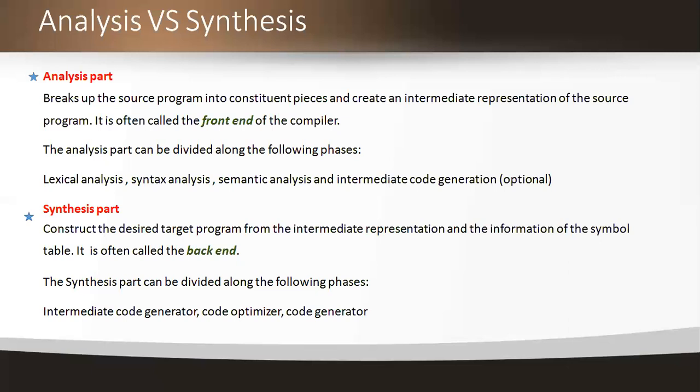And the next one is, after generating the correct machine code, the generated machine code must run fast. And this is another property of the compilers. Up to now, I explained three properties. One is it should be bug free, another one is it should generate correct machine code, and the third one is that the machine code we generate must run fast.